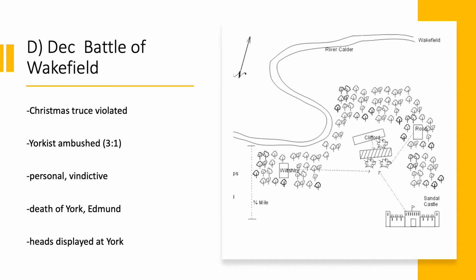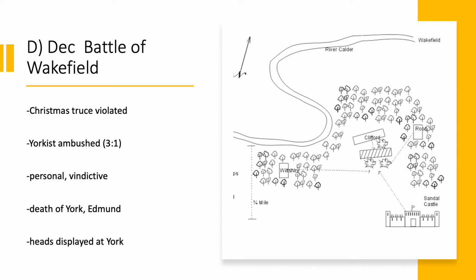However, right during the Christmas truce, the Lancastrian forces show up outside of Sandal Castle, which you can see pictured here. There is a small group of Lancastrians who are spotted, apparently foraging. Richard and his son Edmund decide that they're going to go out and confront them for violating this truce. What they find, however, is a much larger army that's lying in ambush, and the Yorkist forces are outnumbered by about 3 to 1. York is killed on the battlefield.